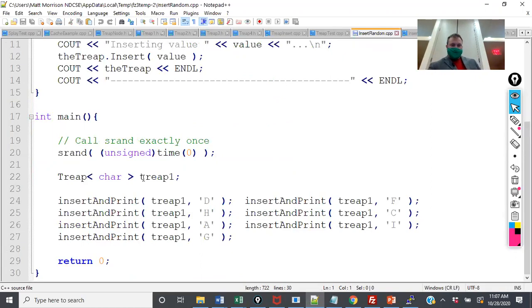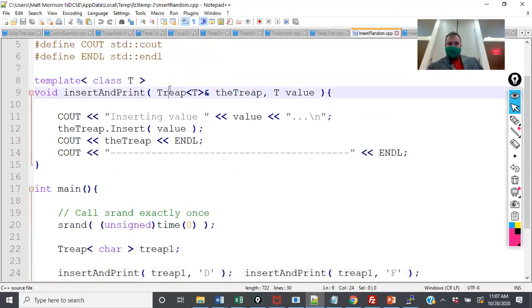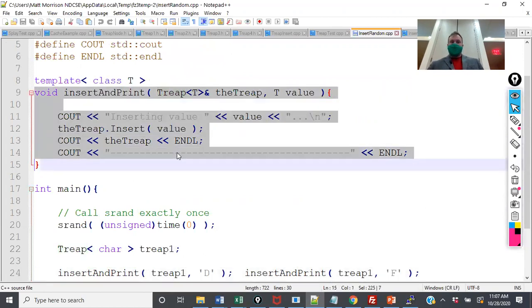So what happens here is I've created a character tree, and then I've inserted those values that we did in the slide problem. And I've abstracted the priority away from the programmer. And what's going to happen is I'm going to insert the value, and then I'm going to print the tree. So when I run make insert random,